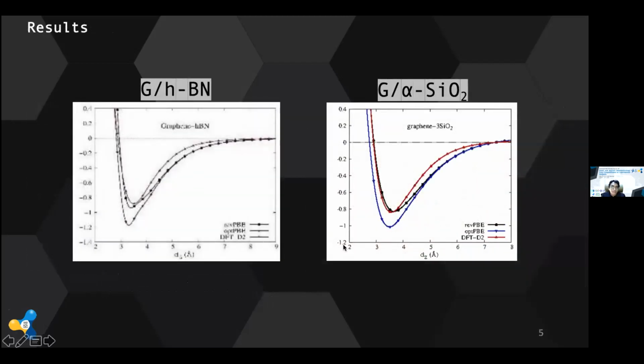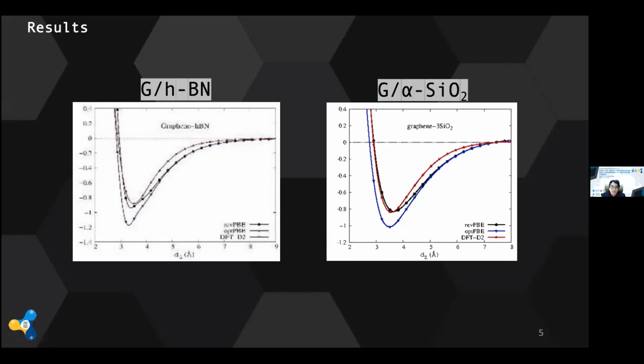Okay, from the first principles DFT calculation using different van der Waals functionals, Dr. Pung concluded that graphene is weakly bound to hexagonal boron nitride and to a silicon dioxide surface, with binding energies, as we can see here, of around 0.85 up to 1.18 electron volt, which are typical for van der Waals heterostructures, with a distance around 3.2 angstrom.